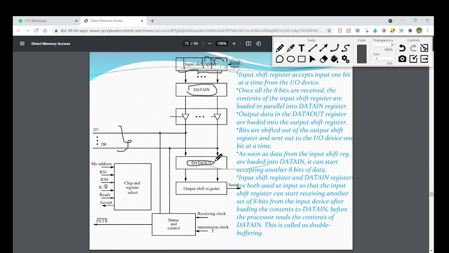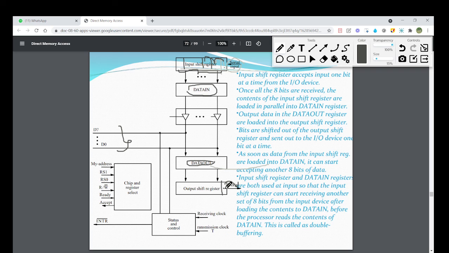If it is transferred serially to the output device, once again we take the help of an output shift register. From the data out register, the values are shifted into the shift register. From the shift register, one bit at a time is transmitted to the output device.